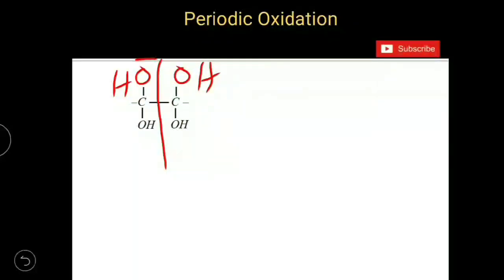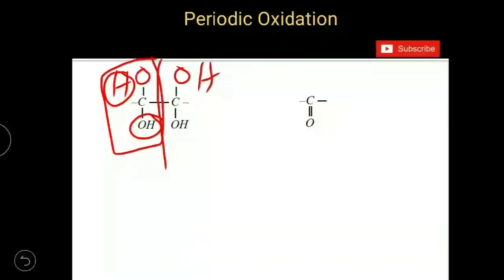Now you see the first part of the compound. You got two OH groups on the same carbon. But we already know that if more than one OH group is present on the same carbon, such a molecule is unstable. So a water molecule will be eliminated, with OH and H removed in the form of H2O. So you got only a CO group left out. So you will get one carbonyl group from alcohol.